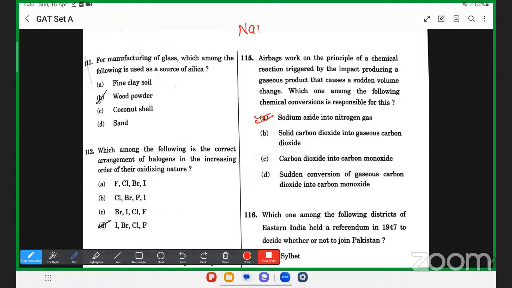सोडियम एजाइड इज NaN3, और ये हीट करने पर नाइट्रोजन गैस में कन्वर्ट हो जाएगा। सो ऑप्शन A सही होगा।